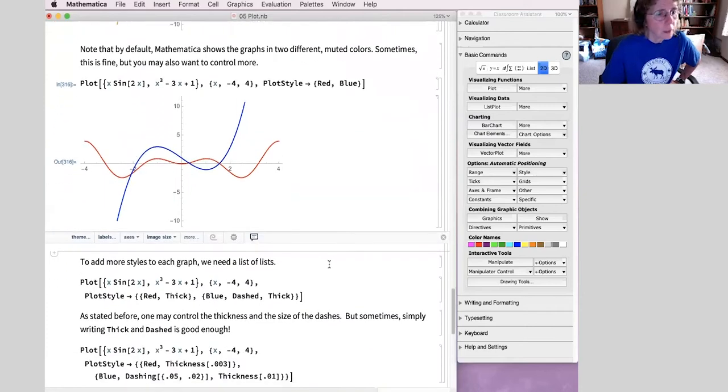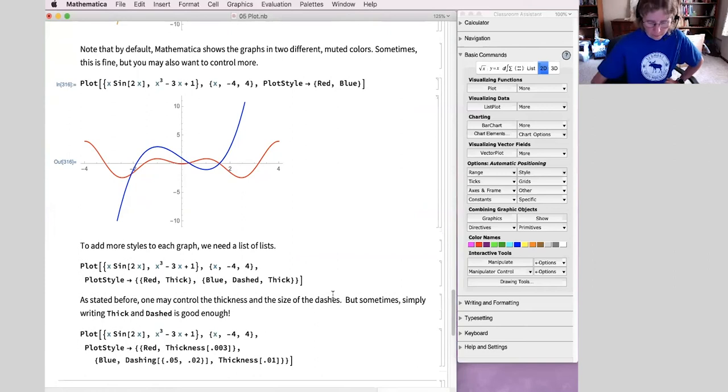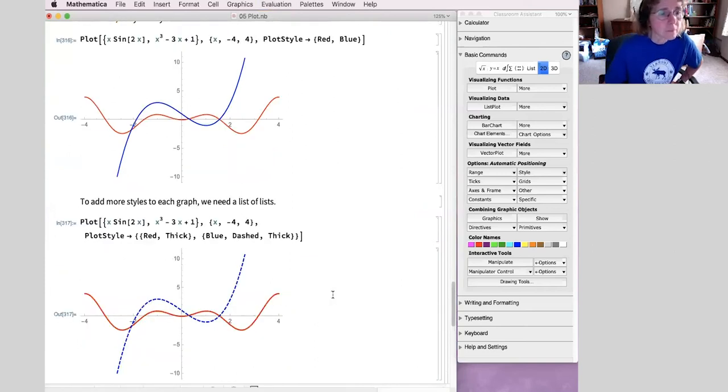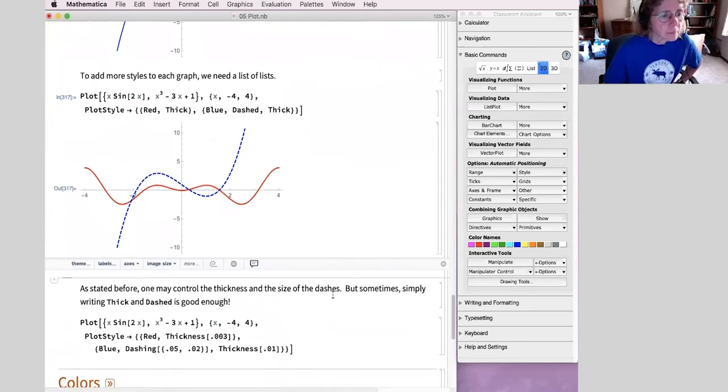But what if I wanted to add more plot styles to each graph? I have a list of lists. Okay, so here are my two functions. My first function will be red and thick within curly braces, comma. My second function will be blue and dashed and thick within curly braces. Close off my list of plot styles and then close off my function. All right, now